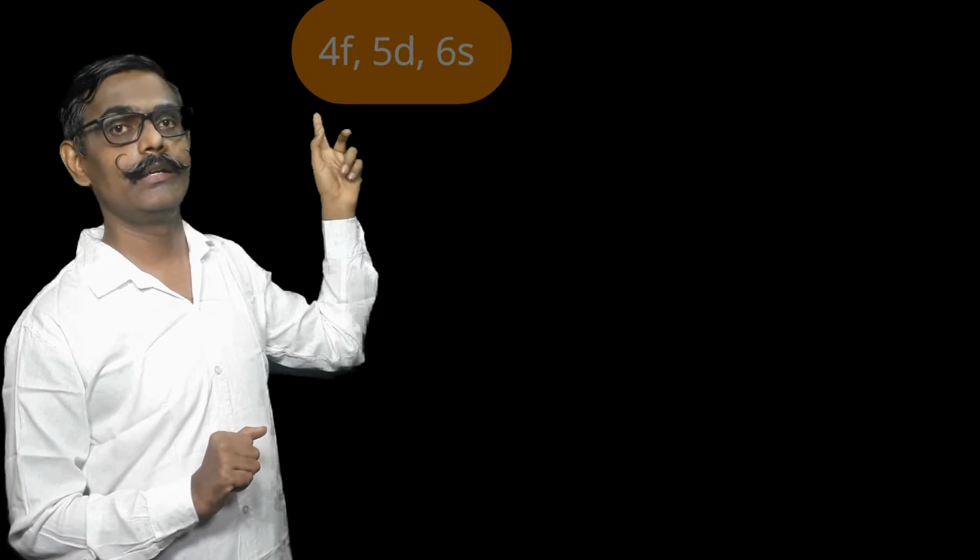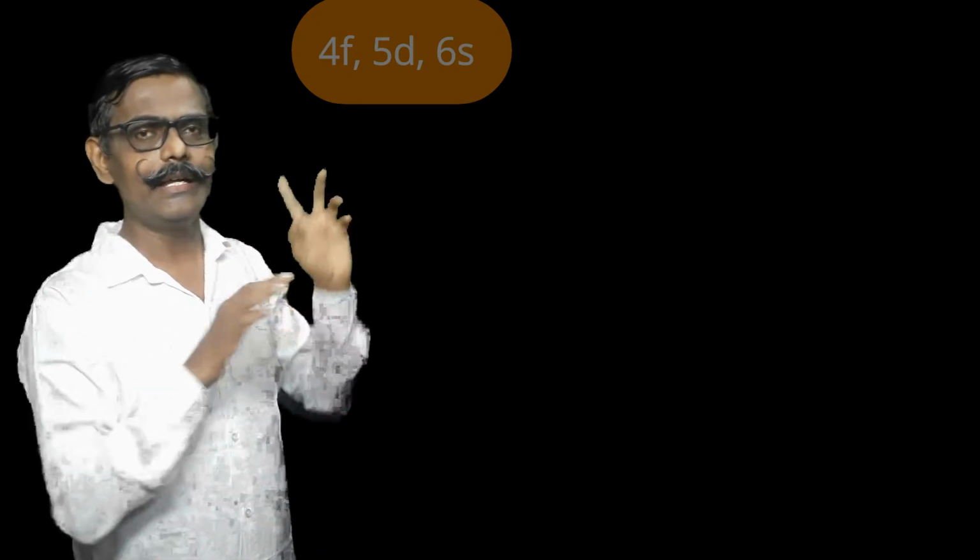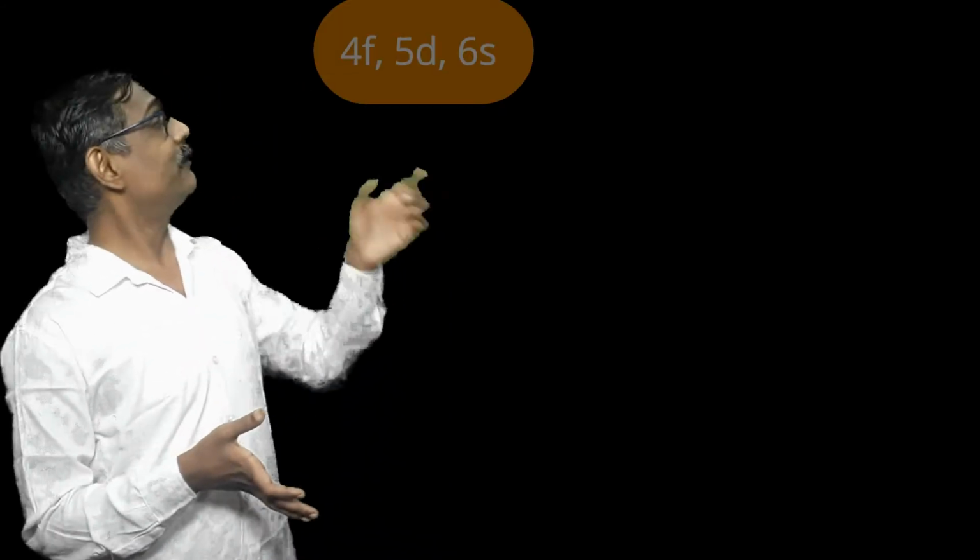Next, which orbital is there? After 5p, which should be there? 5d should be there. That is also in competition. So three orbitals are in the competition. Every orbital comes with its own pros and cons. The 4f orbital has a smaller number of nodes because it has just now started. It's the first ever 4f orbital.